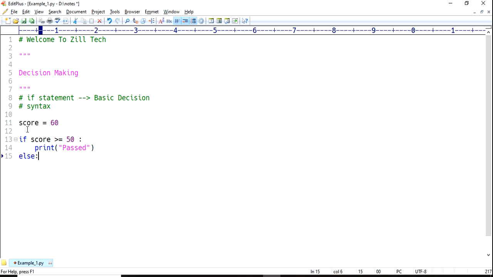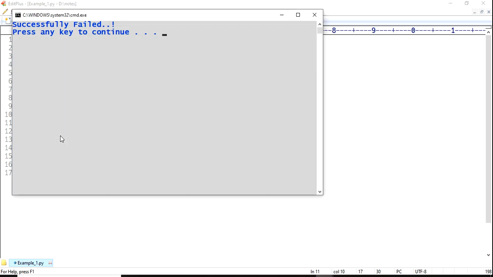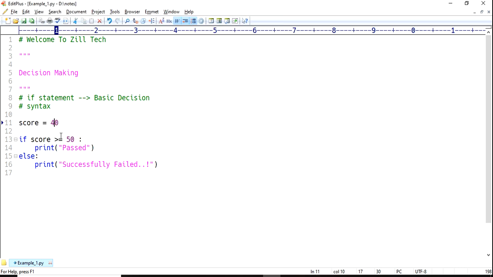Else, if less than, print successfully failed. As my condition is true, you see pass. Suppose you scored only 40, then you see successfully failed. This is all about